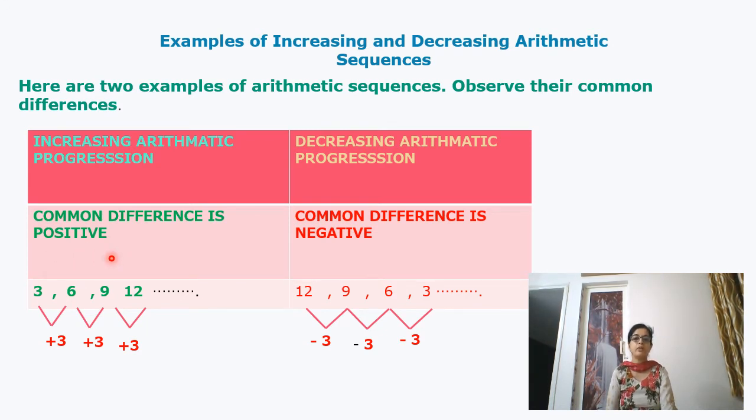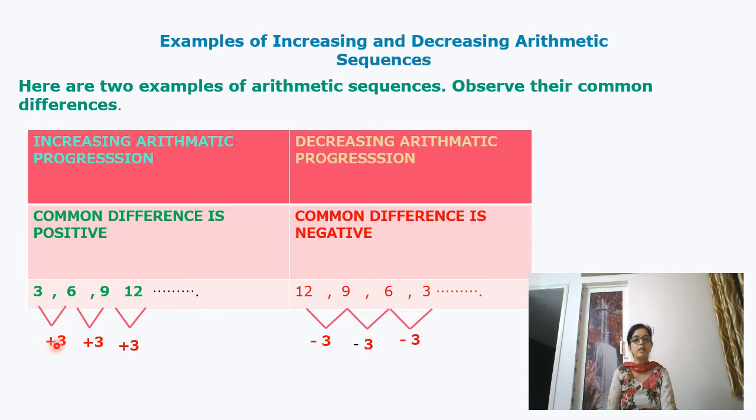Now below that you can see a sequence. The sequence is 3, 6, 9, 12, and so on. Below it you can see it is written that the difference is plus 3. Now how did we arrive at it? You can see that the second term is 6 and the first term is 3. Subtract 3 from 6. It means we are subtracting the previous term from the next term in the pair of terms. Once again, you are subtracting the previous term from the next term. So you are subtracting 6 minus 3 and we are getting plus 3.